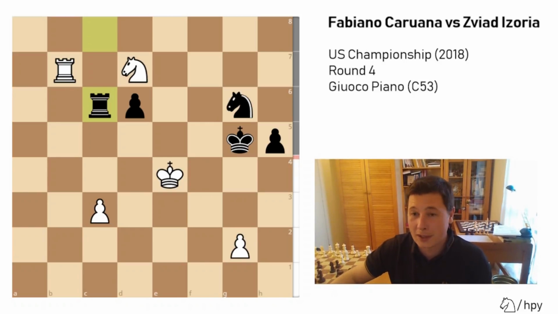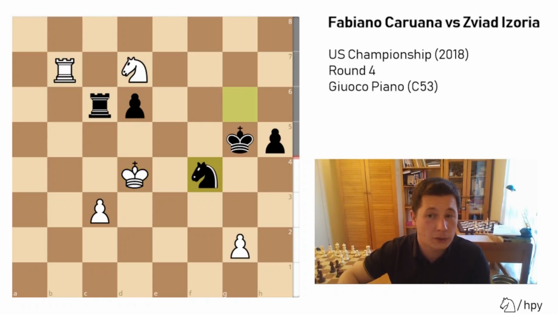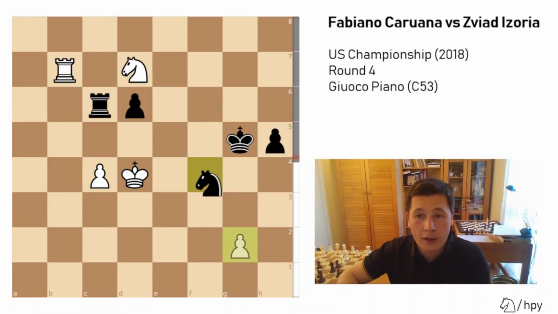That seems to be an absurd statement, but the black king can easily herd the h5 pawn, then the white king can herd the g2 pawn. So that will lead to trouble for Caruana. Now king to d4 is played, knight to f4, c4. Knight takes g2, he had to give up the pawn, there was no other way,